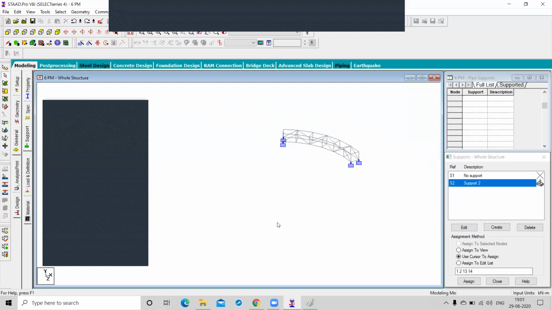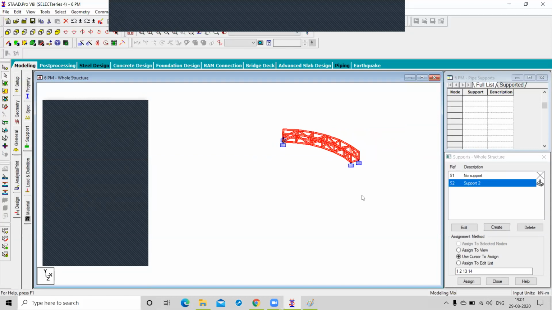Can I take 7? Is it possible to take 7? No idea, sir. Okay. If you take the 7, the members are merged to each other. Yes or no?